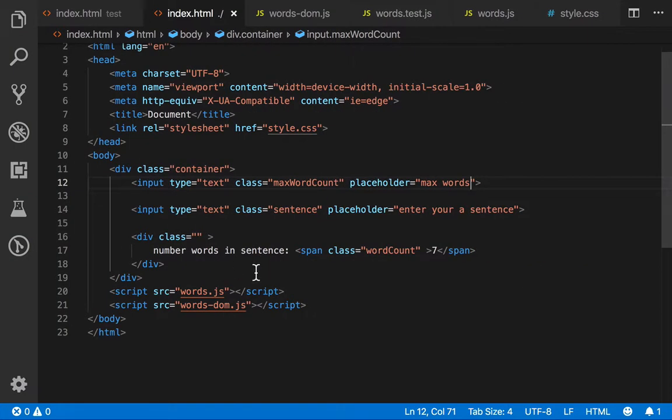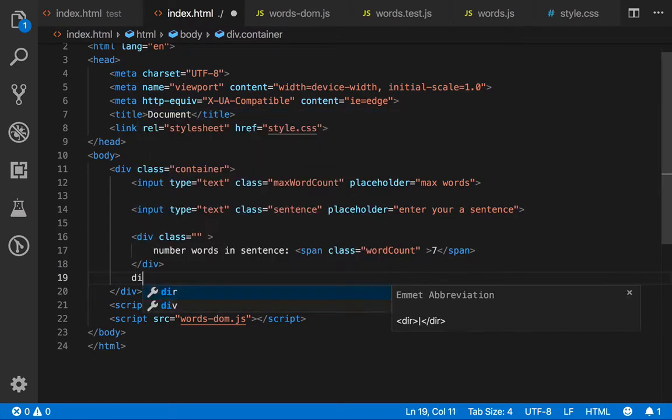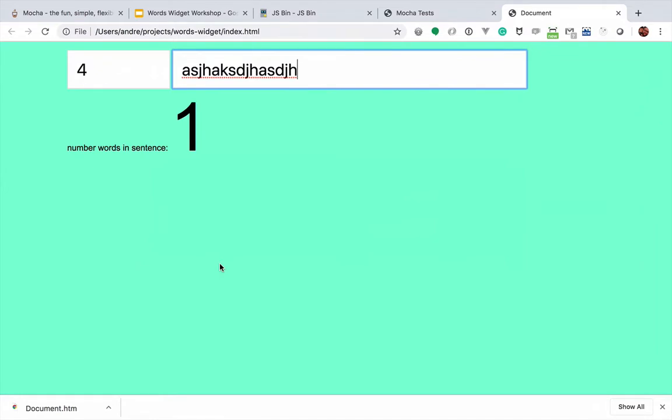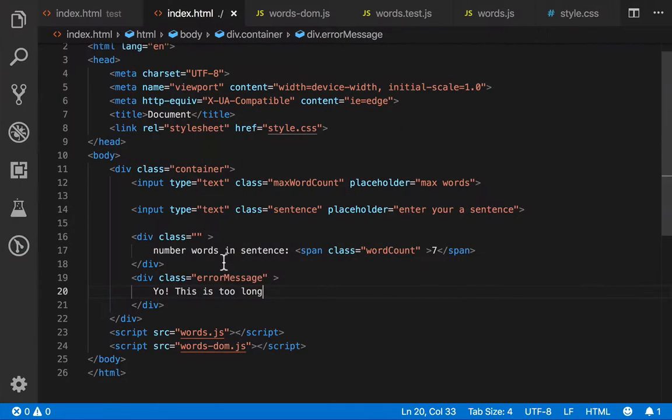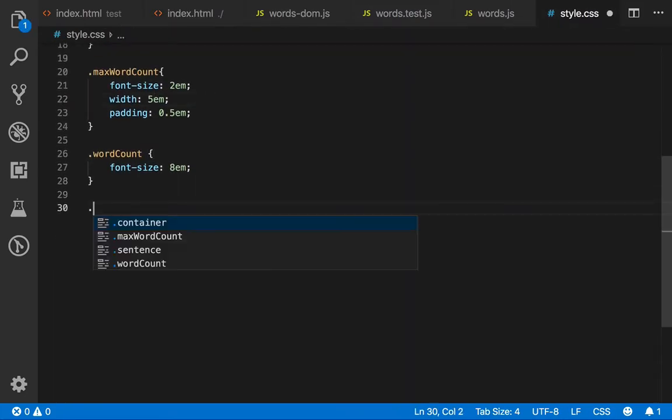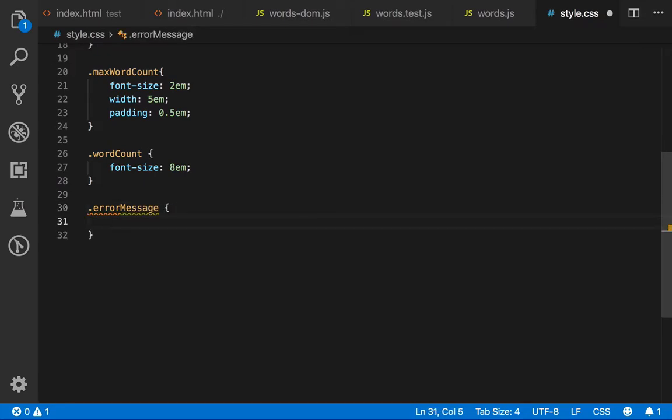down here. So let me put another div here, and then I can say something like class error message. Then you want to say, yo, this is too long. Let's have a look. If we run that, it's not great. So what I want to do is I want to style that as well. So I want to go in here. I want to say dot error message. Then I want to say here